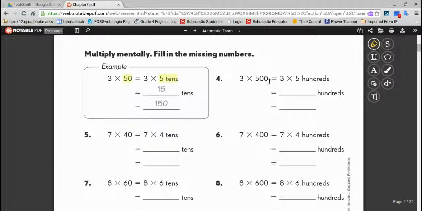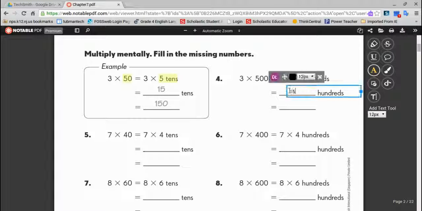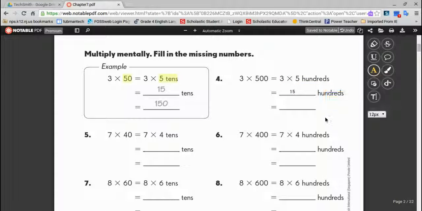3 times 500 equals 3 times 5 hundreds. And we know 3 times 5 is 15, so we get 15 hundreds. So now we have to figure out what number is 15 hundreds. Well, 15 hundreds is really 15 with 2 zeros, which is 1,500. Alright, and if you have a hard time understanding that 15 hundreds is 1,500, my suggestion is you create a